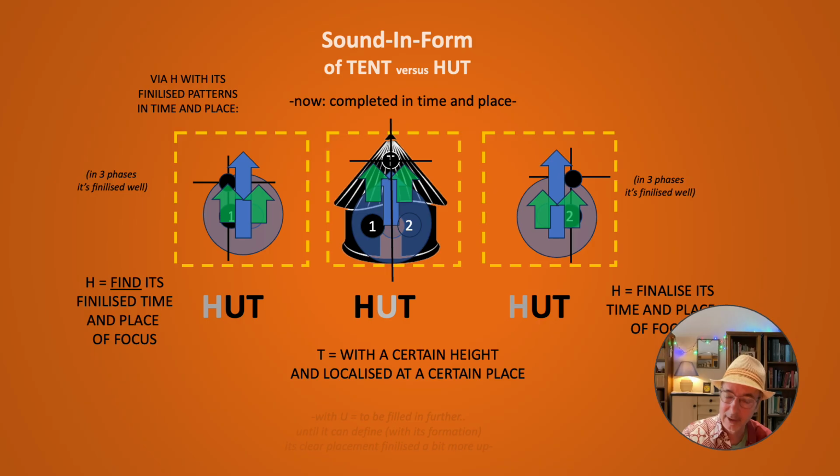You localize it at a certain place, so you have the H, the pattern, the U, the physical thing with a physical part and a hollow part to be filled in, that's the place where you have to live in, and a going up placement, which is slightly always placed upward, where it's going to fill in further, until you have the full hut, until it's complete as a place and placement, and that's how I can make that placement work and make it happen and make it